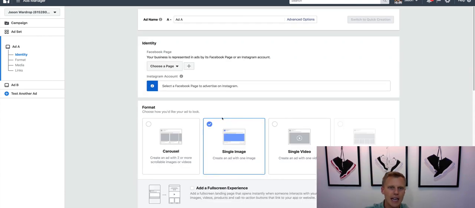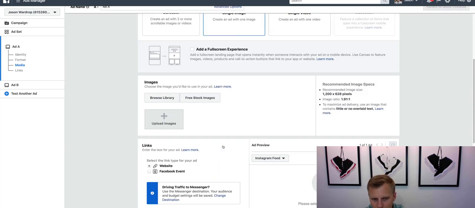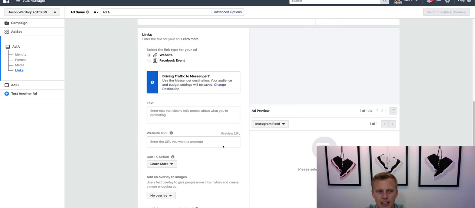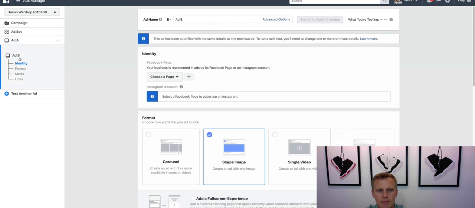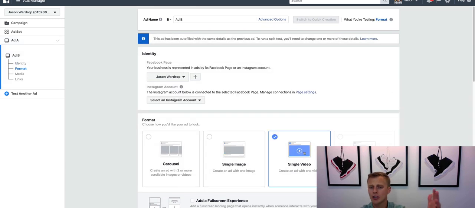Okay, so ad name A. Okay, so ad A right here. We can even run it from different Facebook pages, right? So if we wanted one from your personal brand versus one from your company's brand, and then we could say, hey, maybe this one we want to do an image, whereas down here, or we've got to go over here to ad B, we would maybe want to try out a video. So we can kind of see